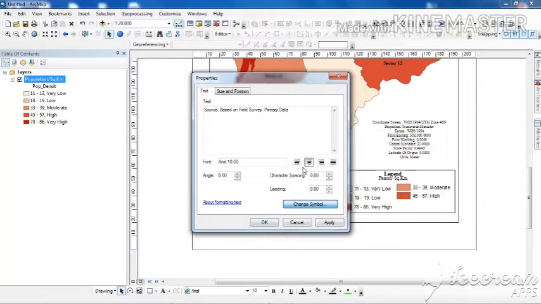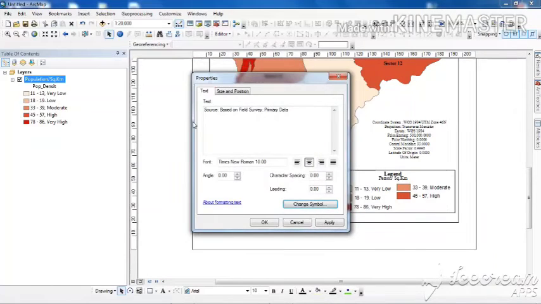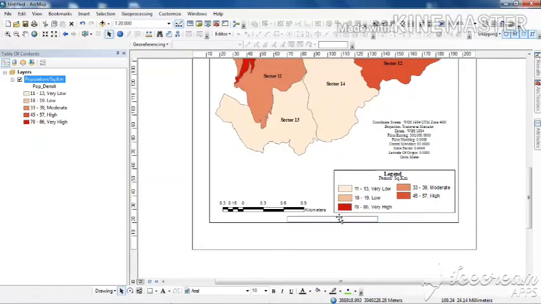and what I will do is, again I will select this font type and font size, and another thing I will do, I will add these two brackets just to look nice. Click on apply. Now this is ready, and I will have to place it in such a way that its end should be parallel with that of the legend, this neat line.